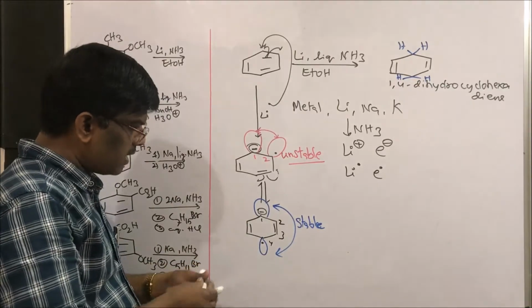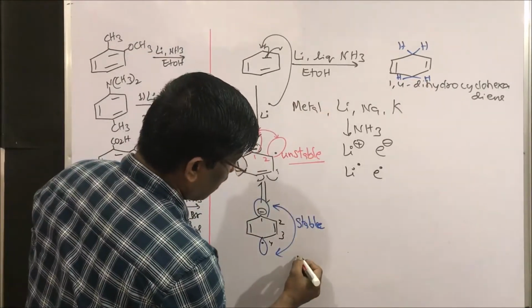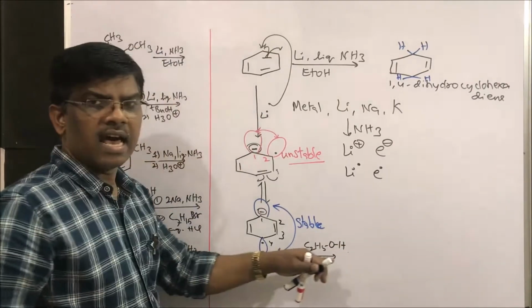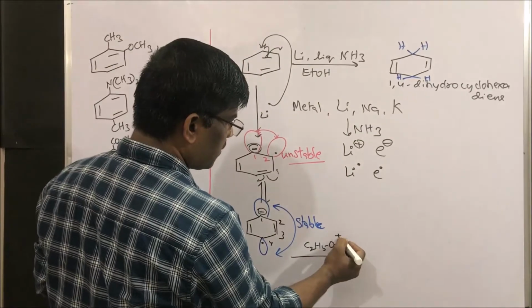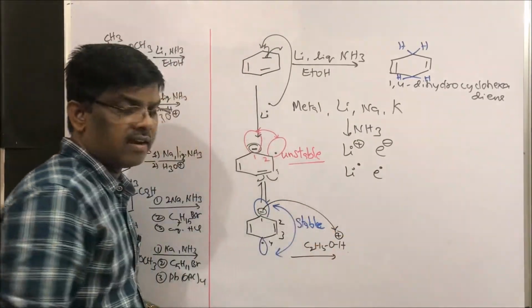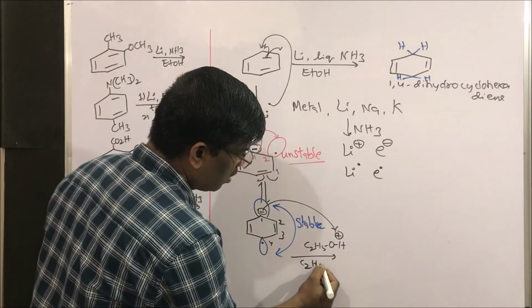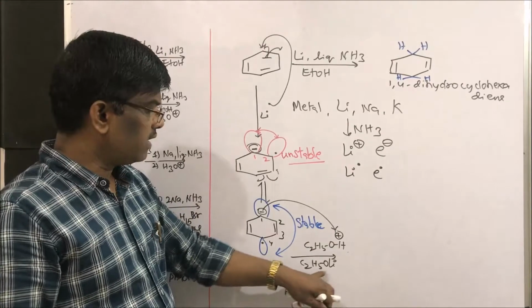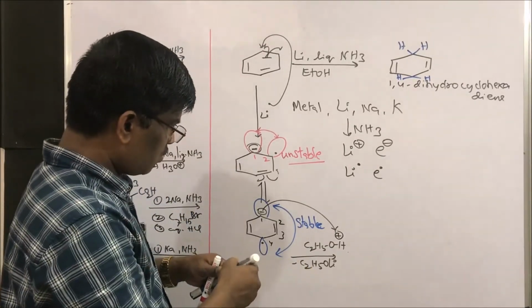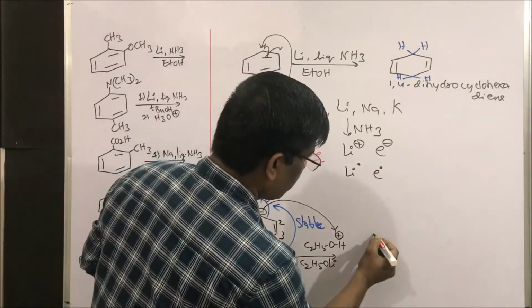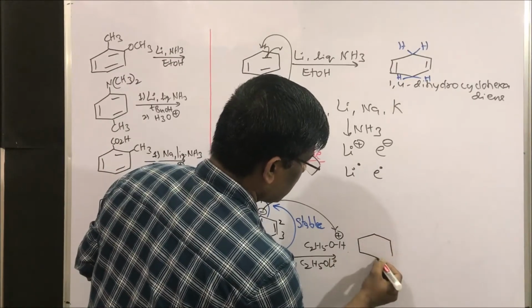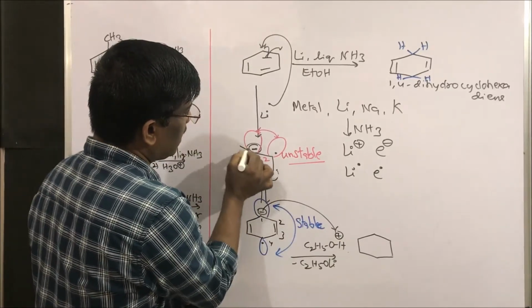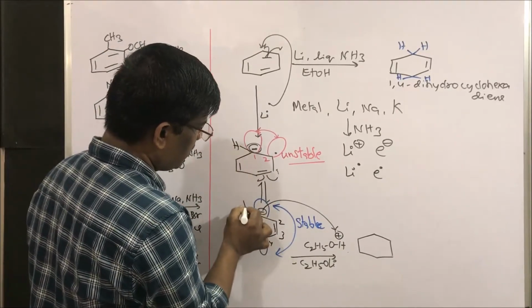At this stage, what happens? Since we are using ethanol, I will write C2H5OH. Ethanol will give H plus ions. It takes the H plus ion, and the ethanol leaves as lithium ethoxide. Yes, students. So now what do we have in our hands? This is the compound. For your understanding, here already one hydrogen will be there, and here a hydrogen will be there.